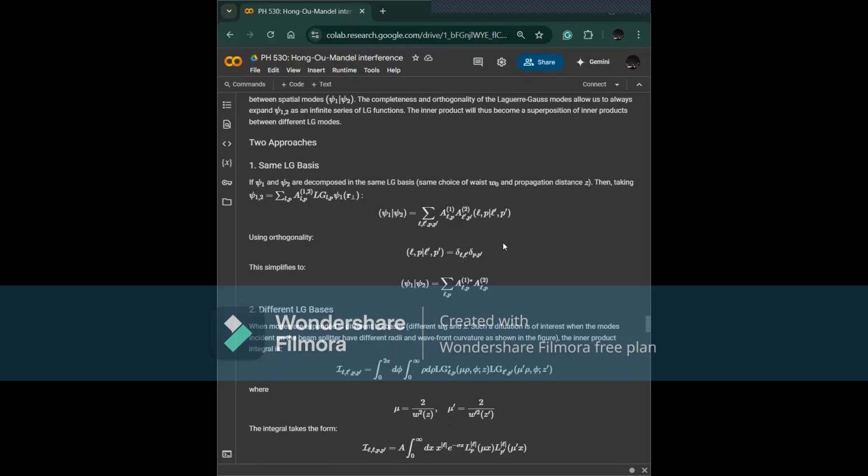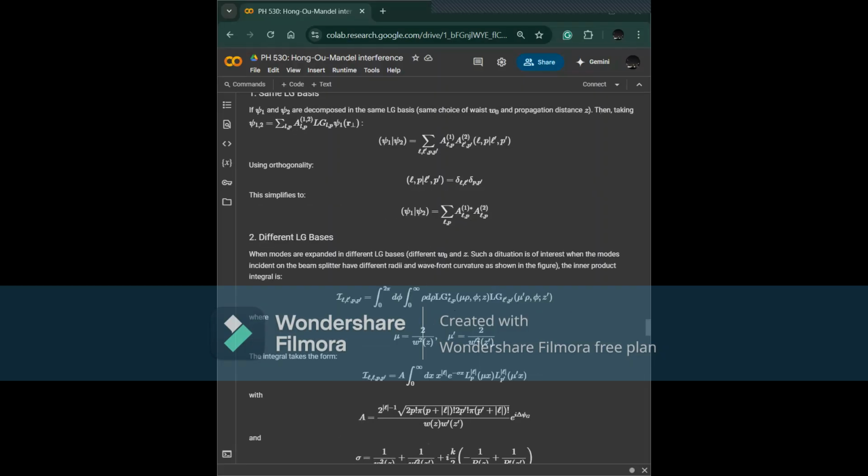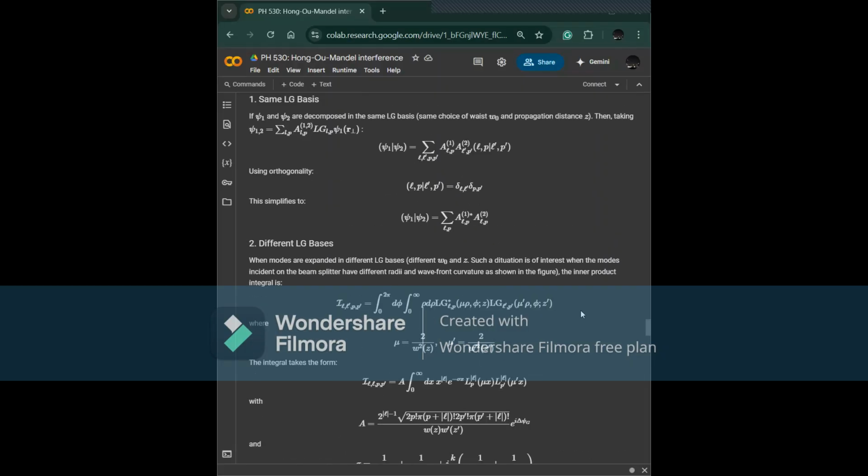So when both photons share identical LG parameters, orthogonality simplifies the overlap to a sum of coefficient products, which is this. So here alpha 1 and alpha 2 are expansion coefficients of the modes in the same basis. The Kronecker delta collapses the double sum into a single series, preserving orthogonality. Now case 2 is different LG bases,